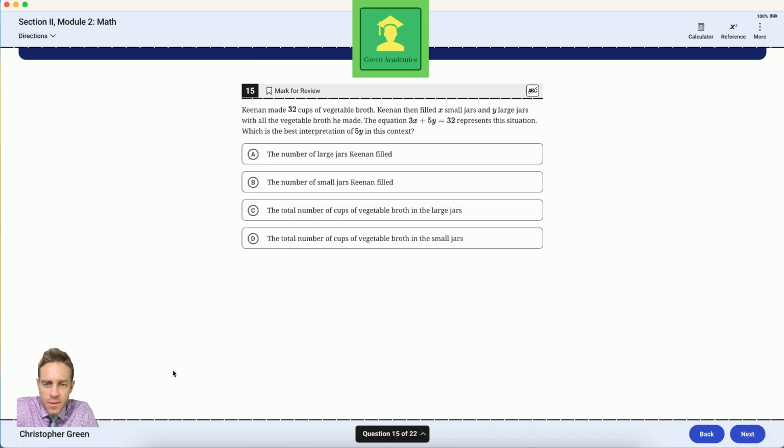Keenan made 32 cups of vegetable broth. Keenan then filled x small jars and y large jars with all the vegetable broth he made. The equation 3x plus 5y equals 32 represents the situation. What is the best interpretation of 5y? Well, so